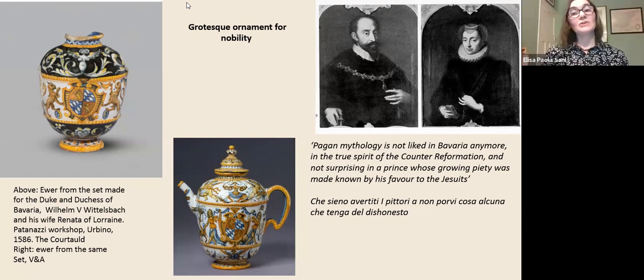So he went back to the Duke, and his secretary specified that really he should not, the painters have to be warned not to put anything inappropriate, alcuna cosa che tenga del disonesto. So this is quite interesting, because the set, of which very few pieces are left, including this damaged ewer and